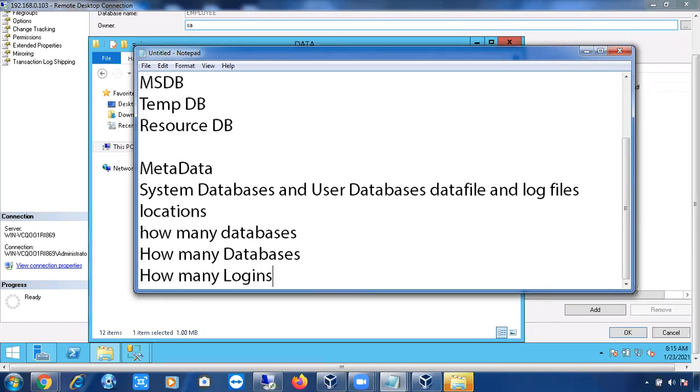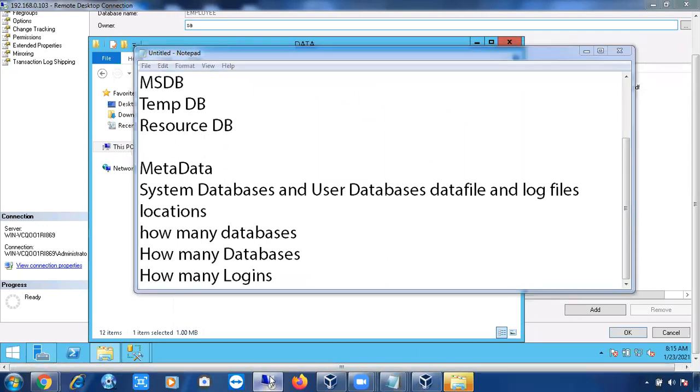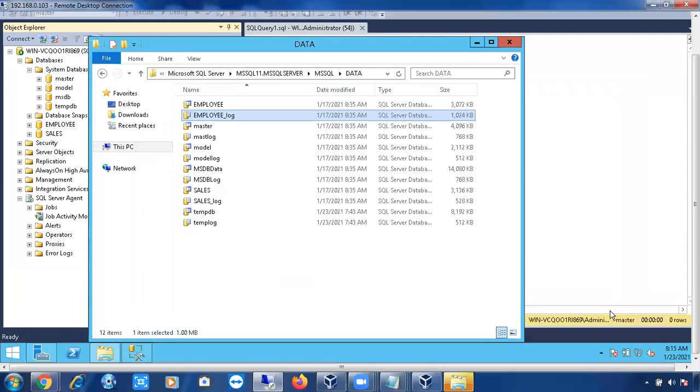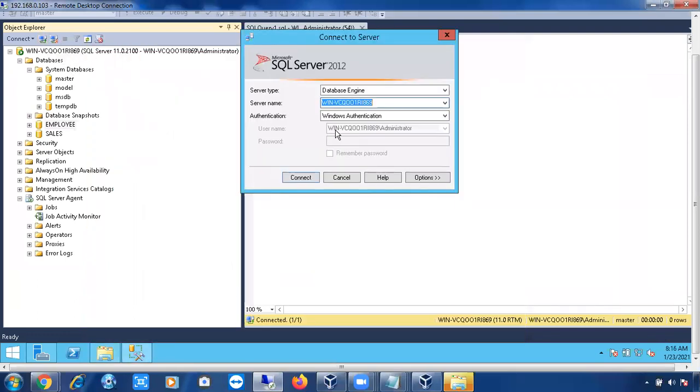For example, earlier while connecting to the SQL Server, I selected the server name and authentication mode, then clicked on the connect button. What happened internally? It searches for this login, the username you can see here. Your master database will search in its own data whether this login exists or not. If the login exists, it will check whether the password is correct for SQL Server authentication. For Windows authentication, the authentication is already completed at the Windows level.